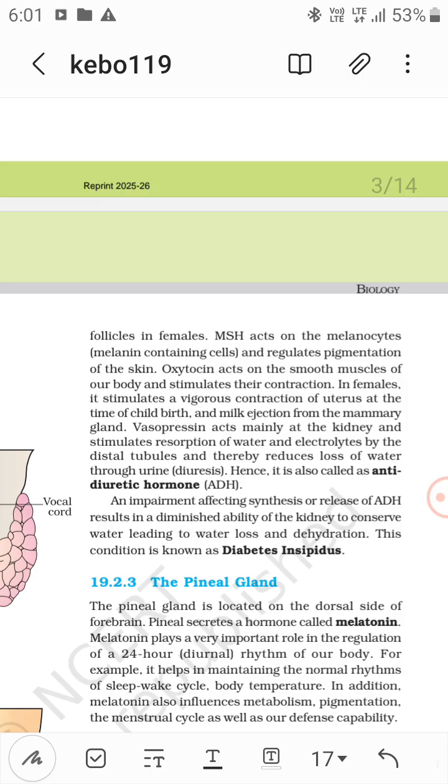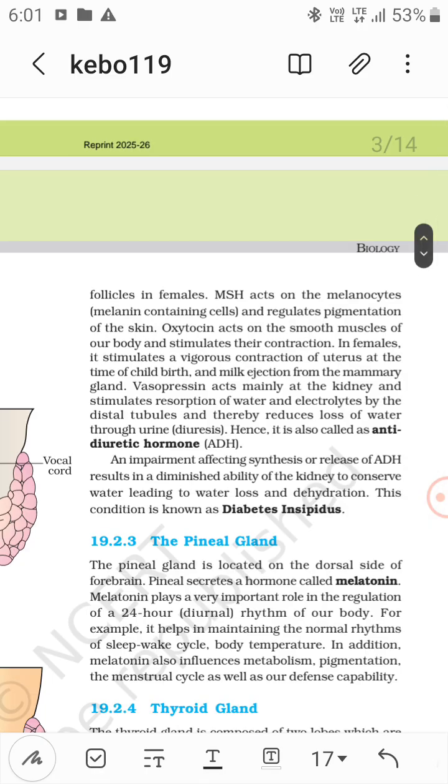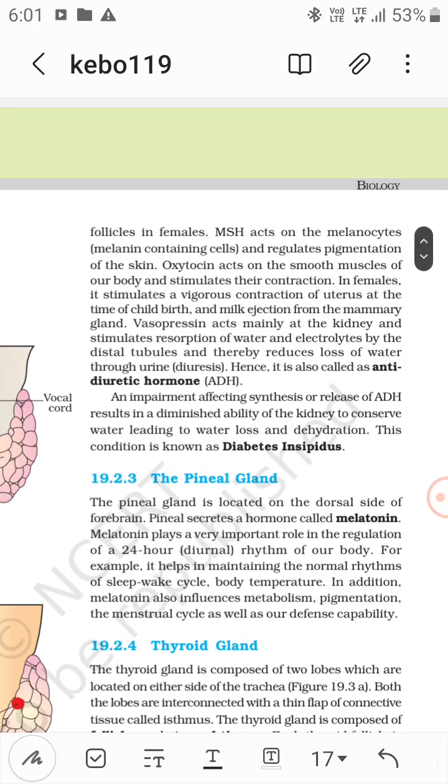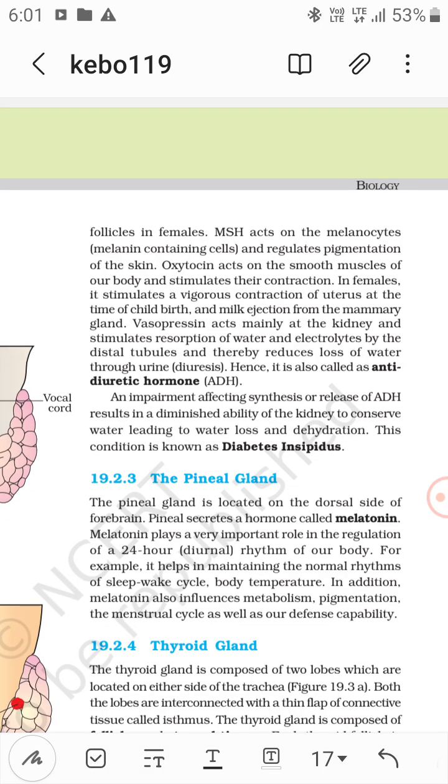Now oxytocin acts on the smooth muscles of the body and stimulates their contraction. Oxytocin stimulates a vigorous contraction of the uterus at the time of childbirth and milk ejection from the